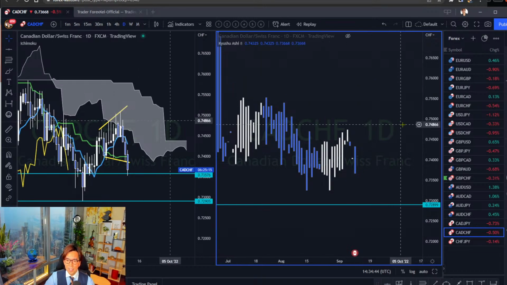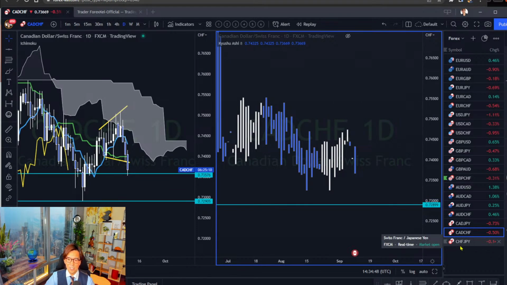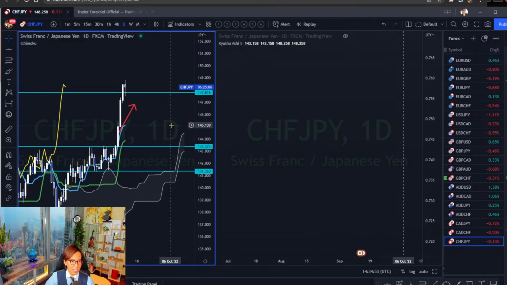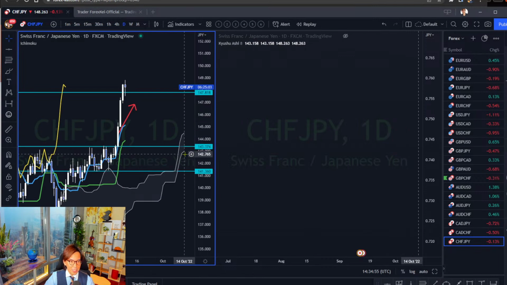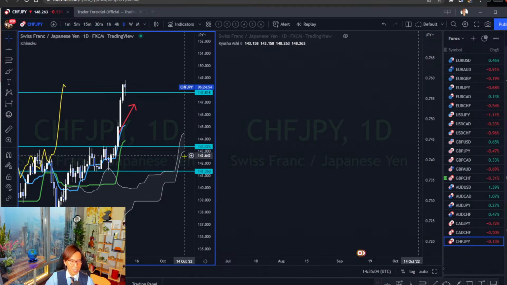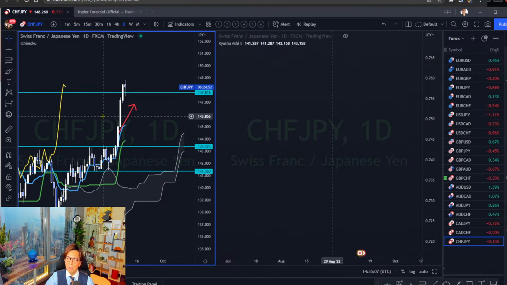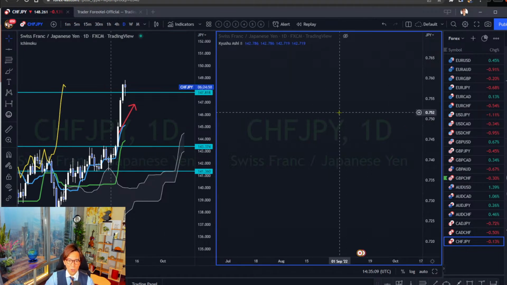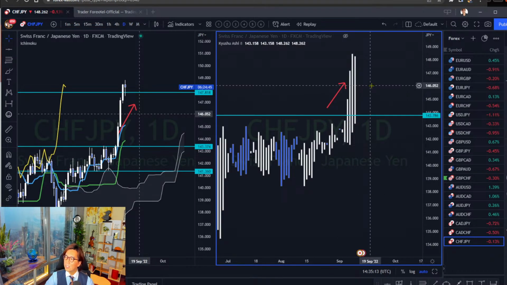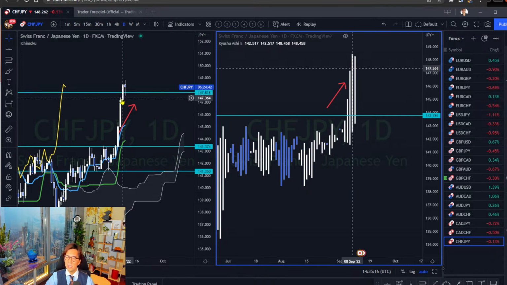So yeah, and lastly, let me also talk about the Swiss franc JPY, because it's bullish. Swiss franc JPY is bullish, but the Kumo is a bit thin and small here. It has gained thickness now, so it's good, but since Kumo is a bit thinner than other markets, the market may retrace back, right? And if you look at the Kyushu Ashi here, then it's bullish Kyushu Ashi. So in the long term, this is still bullish,